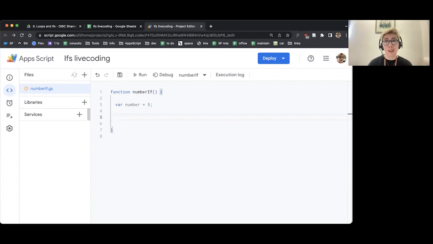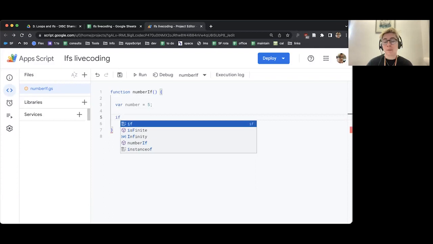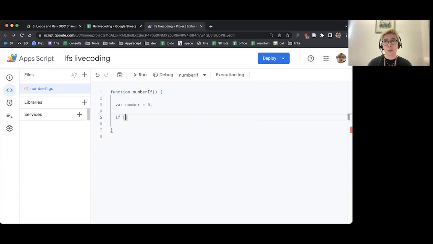It's pretty straightforward. I write the word if. And at this point, I will note that if you've used spreadsheets a lot, you will have already met ifs. They're quite a common thing you can use in spreadsheets as well, to only do things if a certain condition is true. So we are now going to write the condition that is going to be tested. So we're looking for a true false condition. So I'm going to do space, do some brackets.